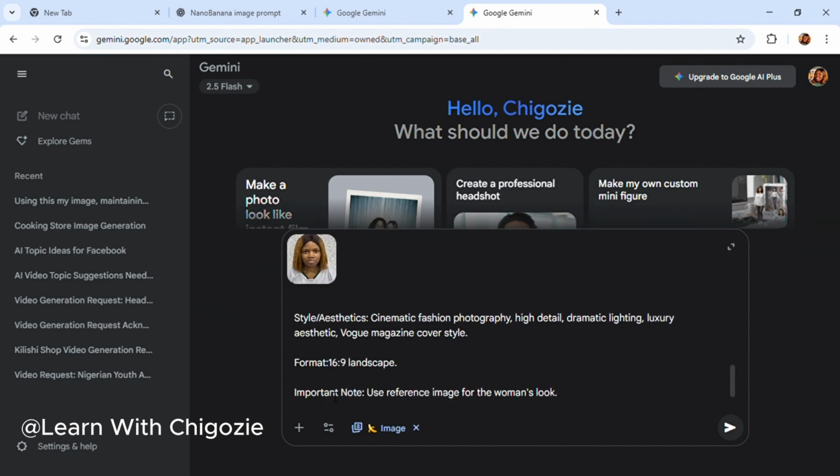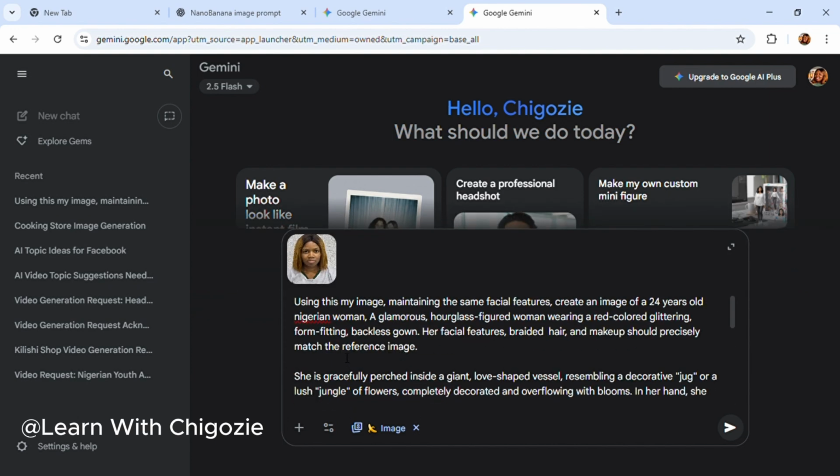So now that I've added my image, I will paste my prompt. See what I wrote. Using this my image, I'm going to drop the image and the prompt in the comment